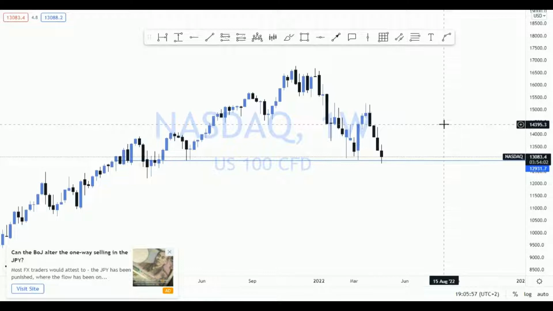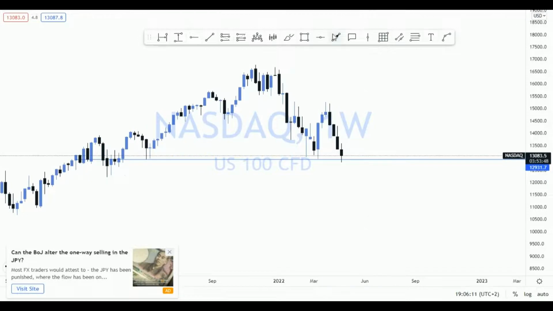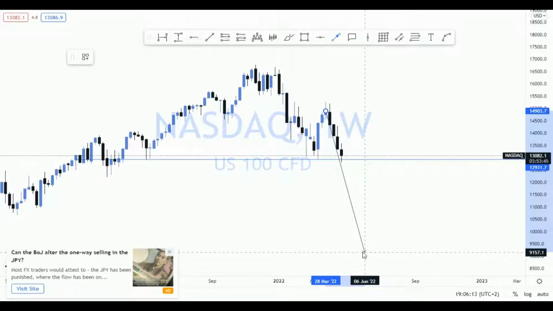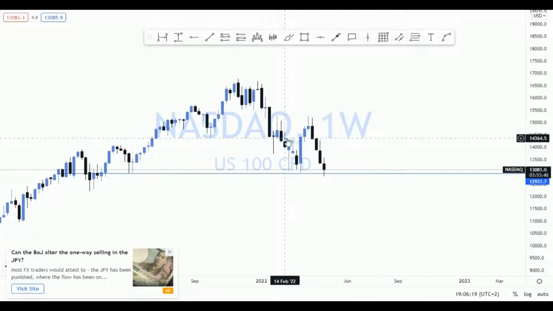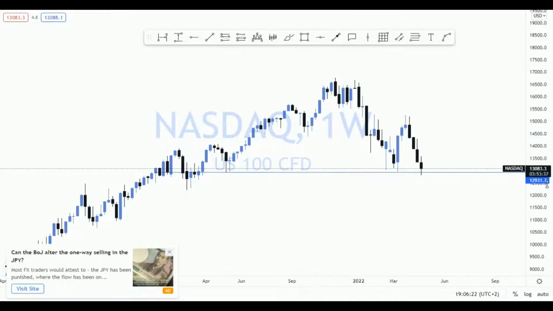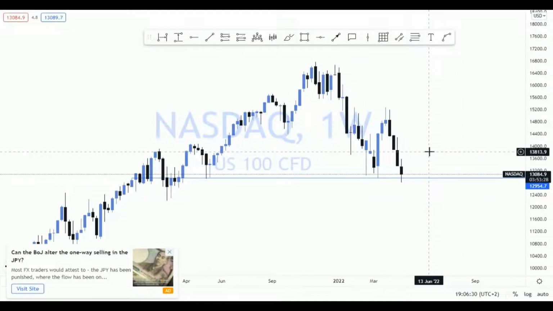If you think about the more you eat bread, the less it becomes, right? Like the more bites you take out of a slice of bread or a slice of pizza, the less it becomes. So the more that price comes and tests this level, the weaker it becomes, right? So at some point, price is going to have to break below that level. When, I don't know, but we are proactive traders within the market. We are not reactive. We don't try to predict future moves, but we only analyze and try our best to look for opportunities within the market without compromising our risk or over leveraging or doing any of that,